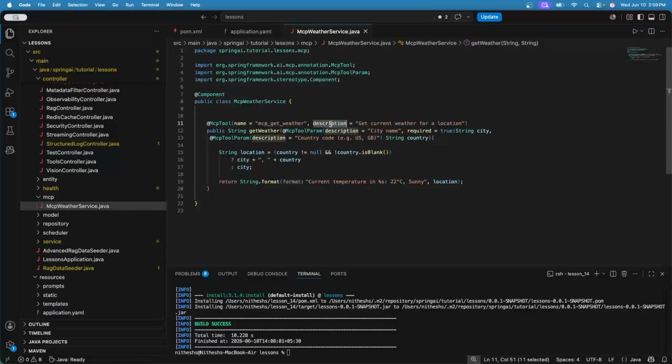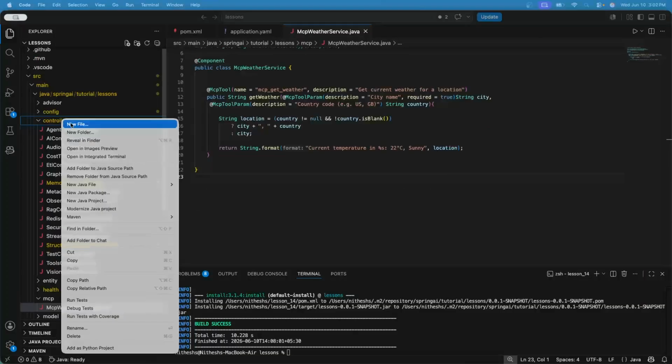And description, this is the critical one. The LLM reads this and decides when to call the tool. So a bad description will lead to wrong tool calls. This annotation marks this request parameter as tool input and generates the JSON schema field for this parameter. Required equal to true marks the field as required in the schema.